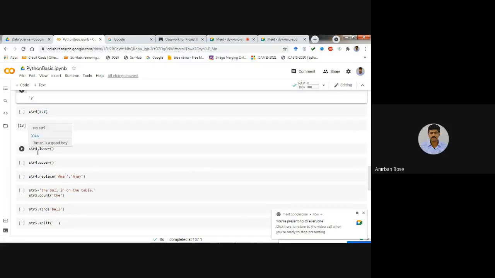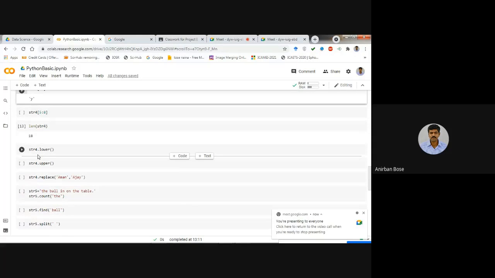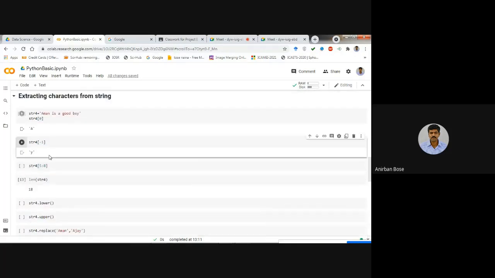Okay. Now, before that, this is very important. Here, string 4, I want to see the characters from 5 to 8. 5:8. Can you tell me what it will print? 5:8. How many characters will it print? Sir, four characters. The first thing is that it will print only 3 characters.